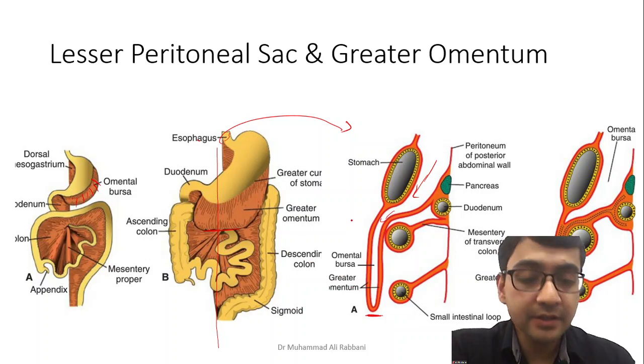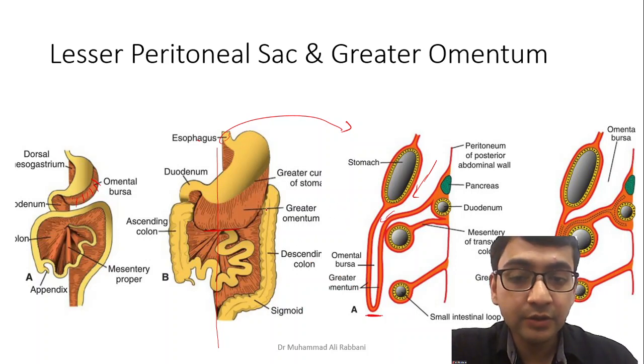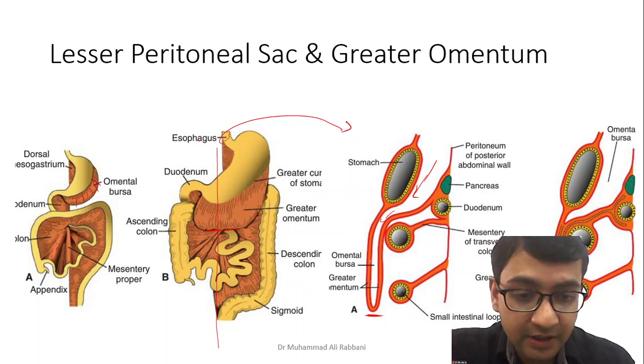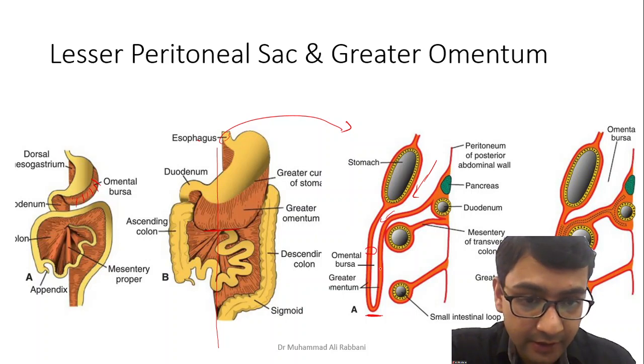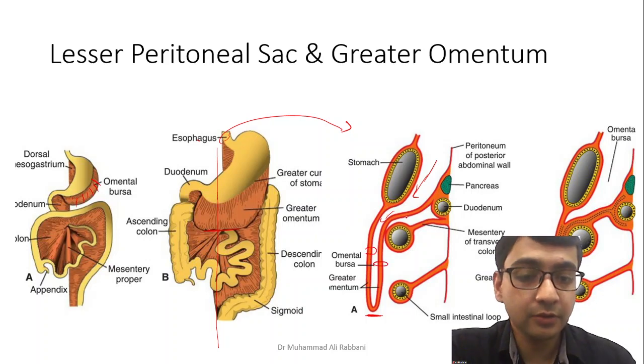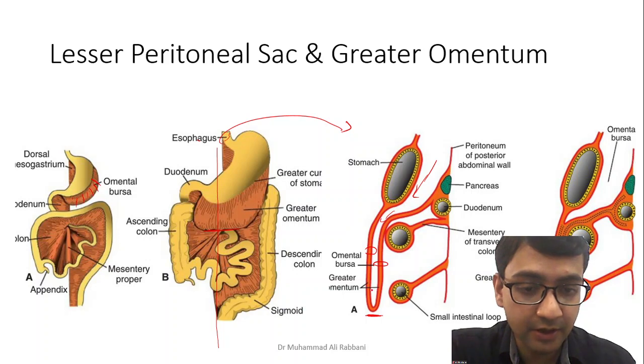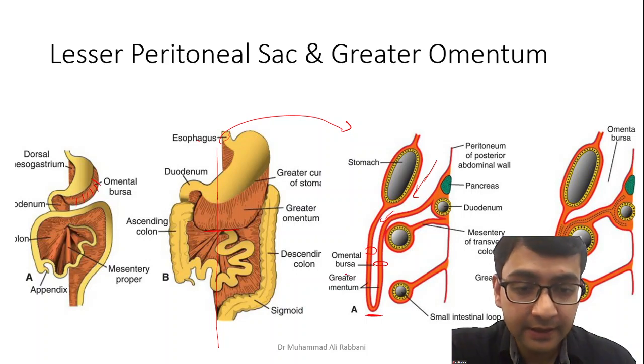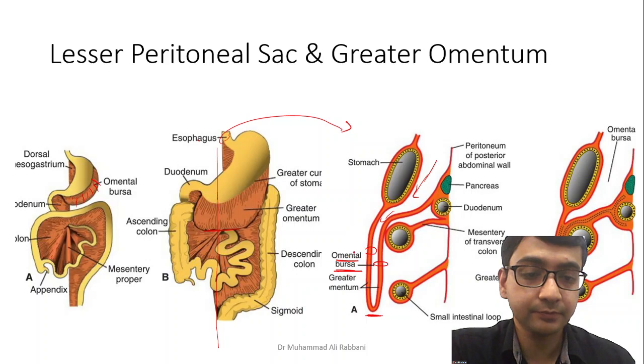And another interesting thing to notice, this is now the extension of a double layered membrane. So the omental bursa actually becomes 4 layered: the anterior wall that was double layered, the posterior wall that was double layered. So this is the extension of the lesser sac that goes all the way down into the greater omentum, and that's why it has the name omental bursa, because it's the bursa within the greater omentum.